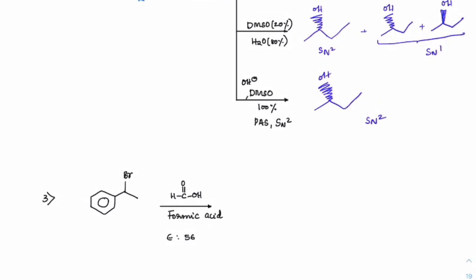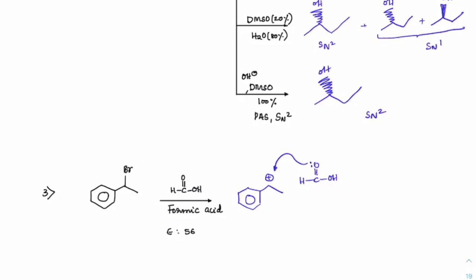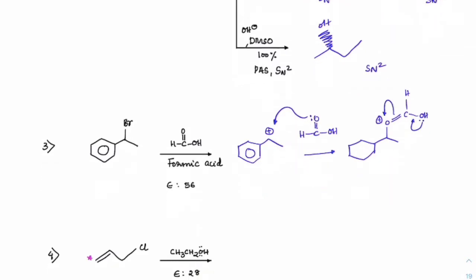Okay. Next, check out with formic acid. We will have carbocation formation here first, then HC double bond O, OH, the lone pair would attack here as a nucleophile, giving rise to O double bond C, OH and H, positive charge. This is the intermediate which you will get, and this lone pair will support here, and oxygen will take away its electrons.